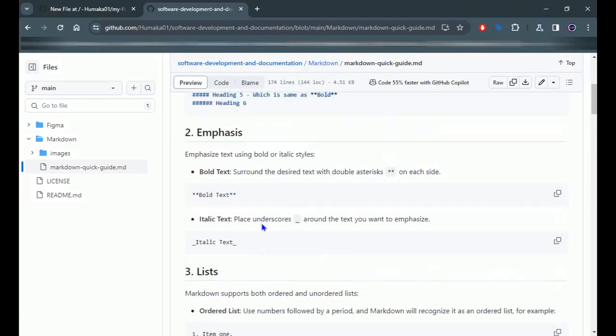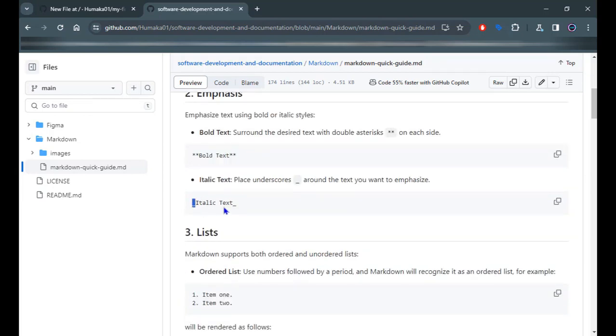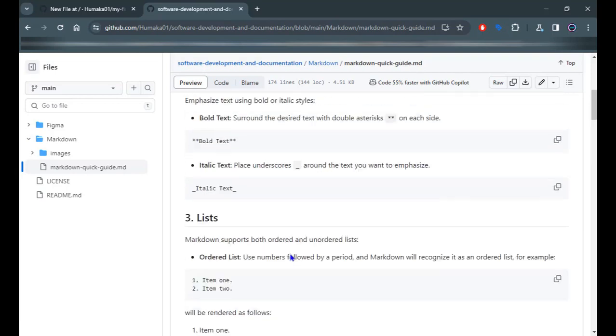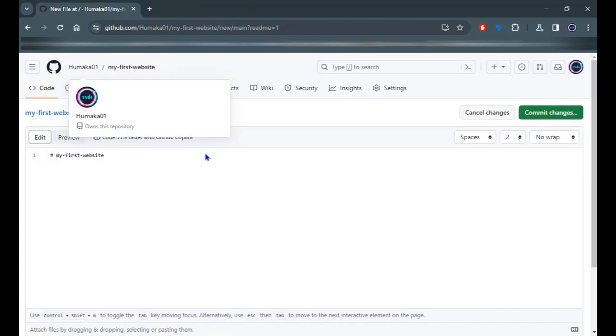Markdown. Now, just quick things: you can put one hashtag or pound sign for heading 1, two hashtags for heading 2, and so on. Emphasis, you can make bold, italic text, and so on. You can import images and use absolute links, and so on. So you can definitely check that out on how to use the Markdown. Now, once you know, it's going to take from you actually less than an hour to learn Markdown, so it's not a big deal. So after you learn Markdown, you can here put your